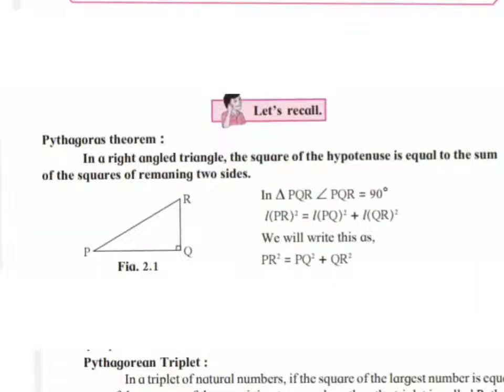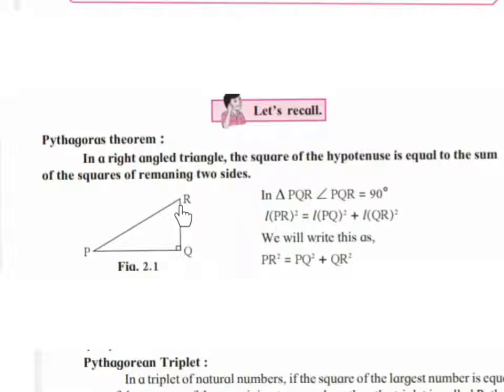Let's recall. So the statement of Pythagoras theorem is, in a right angle triangle the square of hypotenuse is equal to the sum of squares of the remaining two sides. It means this theorem is totally about the right angle triangle. See, this is right angle triangle PQR. In this triangle Q is a right angle, it means it is 90 degrees, and opposite to this angle the